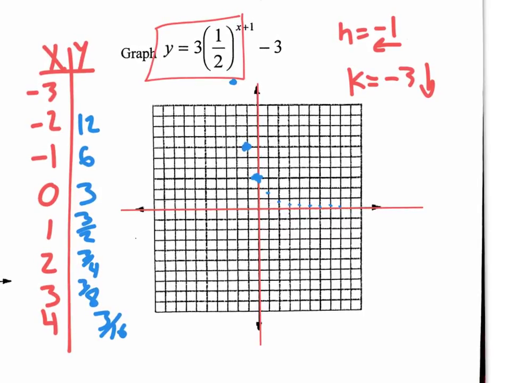To graph our final graph, what we need to do is shift them, translate them according to h and k. So I need to take all these coordinates and move them 1 over and 3 down. So if I did take this coordinate that's at -2, 12, moved it 1 over, I'd be at -3, 9. If I took this one, moved it 1 over and 3 down, 1, 2, 3, I'd be right there. And then the other one, 1 over, 3 down, would be right there. And then the 1.5, this guy, if I went 1 over and 3 down,